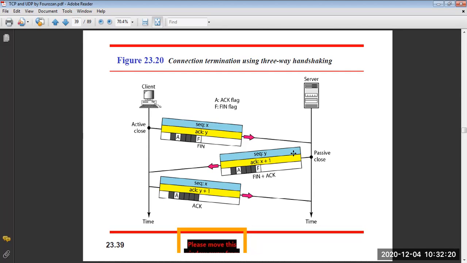Okay, so now the server again sent the FIN plus acknowledgement to the client side. Clear? Again with the acknowledgement that is X plus 1. You can see this sequence number is now converted into the acknowledgement plus 1 by the server, and this acknowledgement is now converted into the sequence Y. Clear? So you can see here now again it is